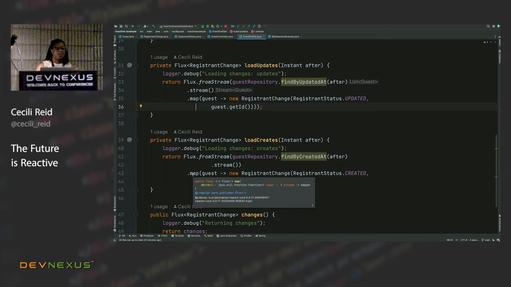I cannot tell you the number of times I've tried to figure out why this operation isn't coming up, and it's because I am in a stream or I am in Reactor Core and I have to remember that I'm dealing with two different APIs, and there are other operations that are similar as well. So that's certainly one of those things that makes debugging or working with Reactor Core a little tricky. This is not a complicated example, but if you're doing something very complicated, that can get messy and annoying real quick.